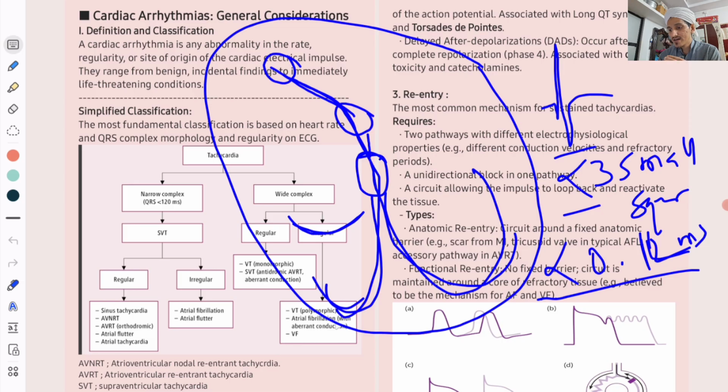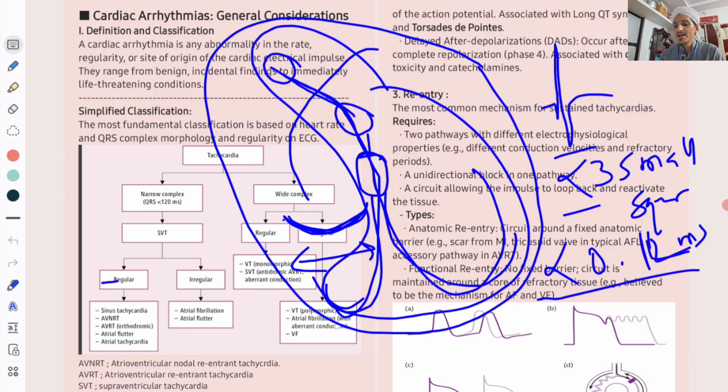For example, in arrhythmias like ventricular tachycardia, or supraventricular tachycardia due to aberrancy, the impulses take some other path, like an accessory pathway, or come from the ventricles, so the ventricles depolarize slowly. At that time, when the normal conduction system is not utilized, the QRS complex will become wide,